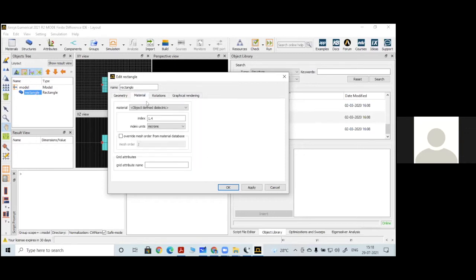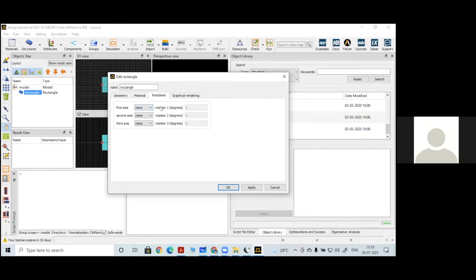Now I have to define a material. As I told, don't define the refractive index value directly here. Instead, go to the material database and select the material that is already available there. Now I want silicon dioxide, so you can see silicon dioxide poly is available. You can always select that. By default, the mesh order will be 2. Let it be as it is, because here we won't get any overlapping structure. When the rectangle overlaps with one more structure, I have to give some priority to the structures. There this mesh order comes into the picture, but in this case it is not needed.